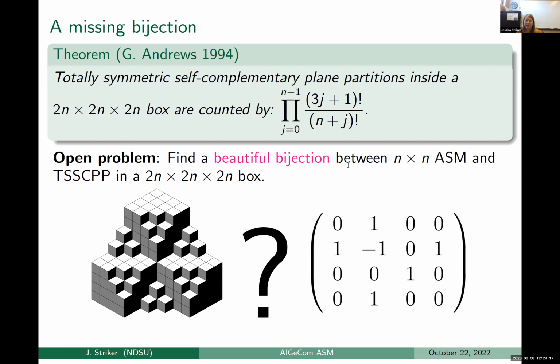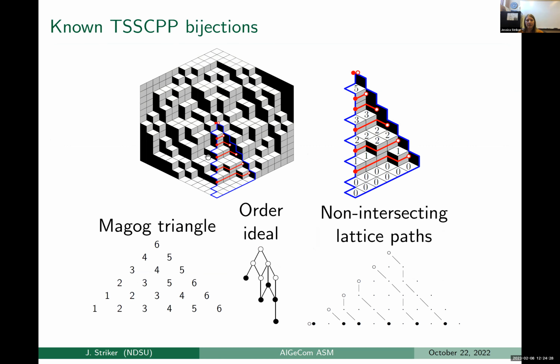But a lot of people have worked on this and nobody's been able to do it. We do have some sub-bijections though, which I will describe in a few minutes. But also, there are some known bijections. So if you take a totally symmetric self-complementary plane partition, well, the first thing that you might note is there's